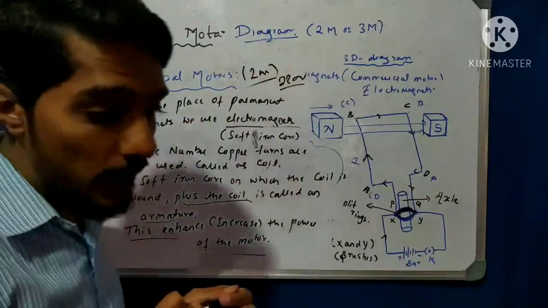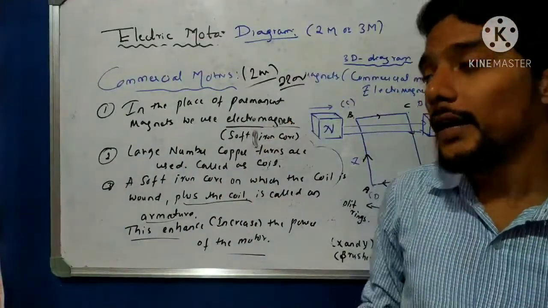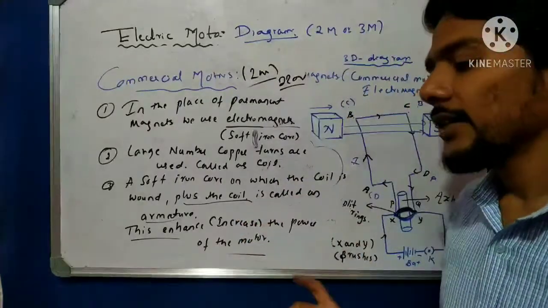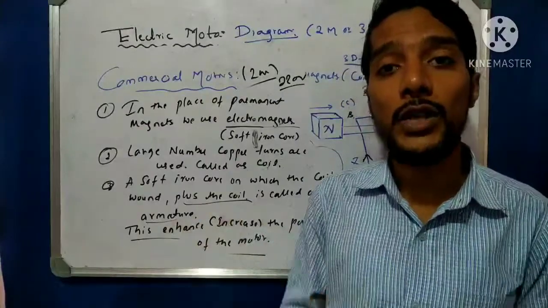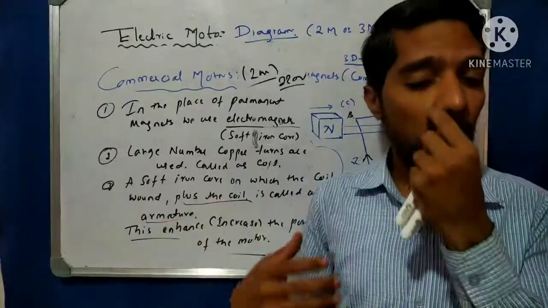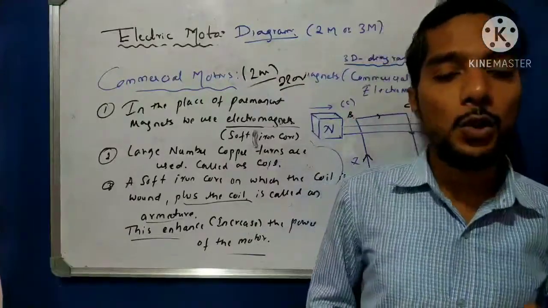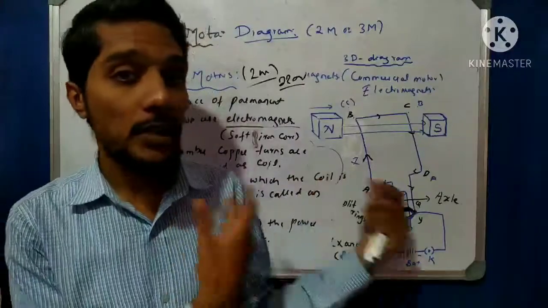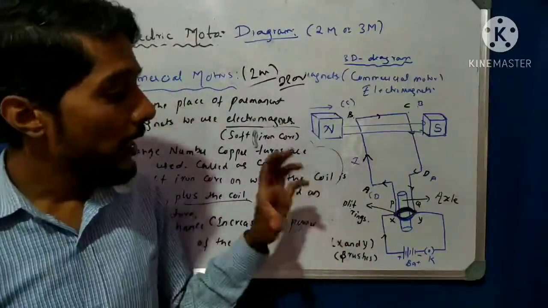So I hope you understood today's class. If any doubt, please put your doubt in the comment box. In the next videos we come to the next very important point: induced current, where we use Fleming's right hand rule, and then the electric generator. That is an important concept. So revise the video, watch the video again and again, and completely understand the concept.